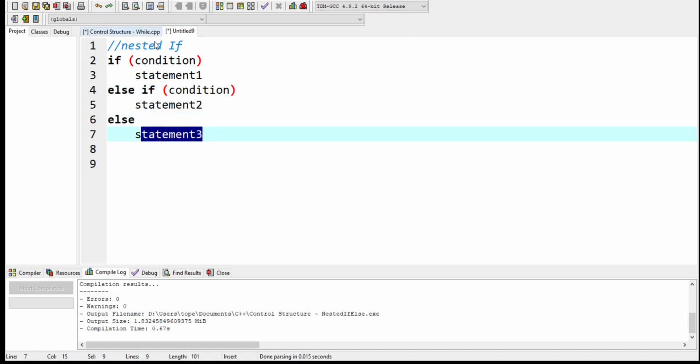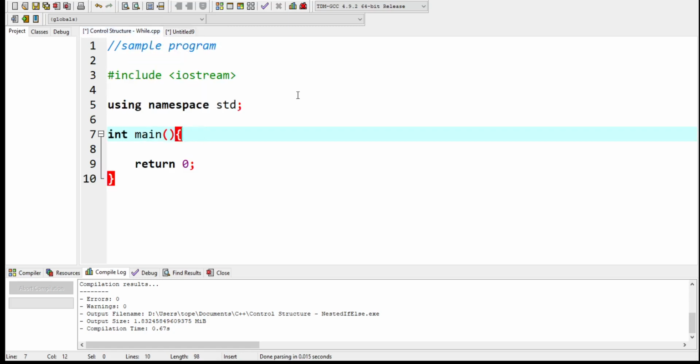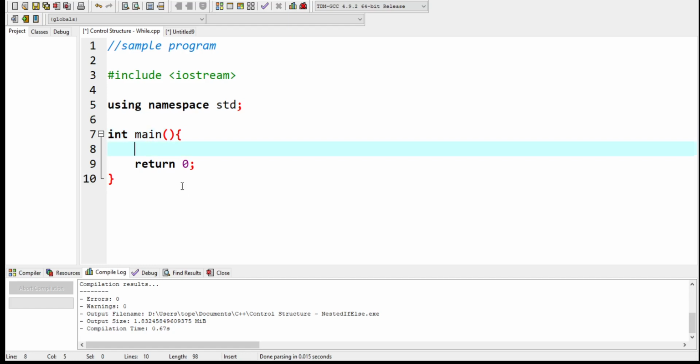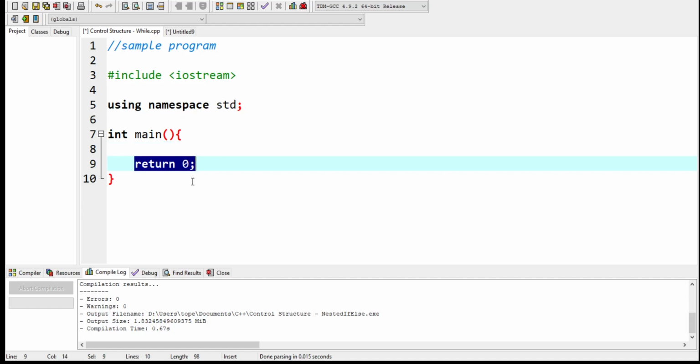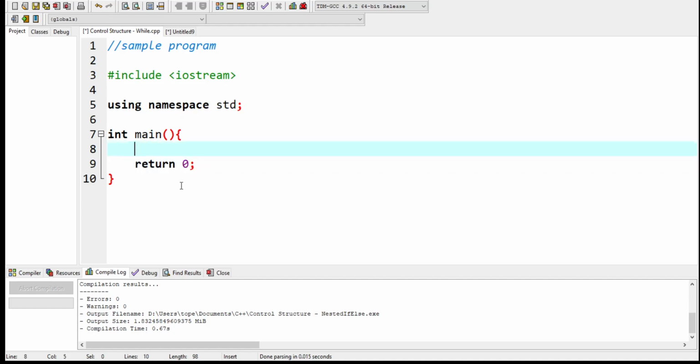To apply this nested if control structure, we have the sample program, the basic program of C++. If you don't know the basic program of C++, you have to visit my previous videos regarding this. We have here the include iostream, the using namespace std, and the main function that includes the return 0. To apply nested if, we have to declare a variable which is an integer,